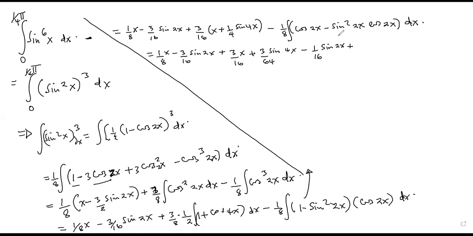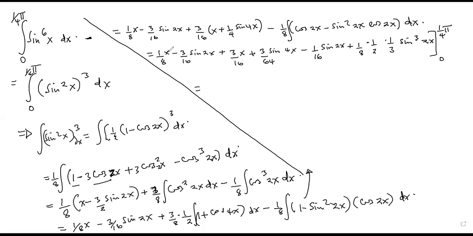Here, when we integrate this, it is going to be 1 over 8 times a half and a third of sine cubed 2x. And if I bring in the limits now from 0 to a quarter pi,